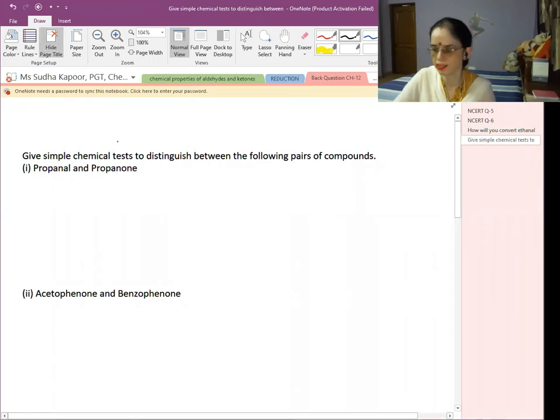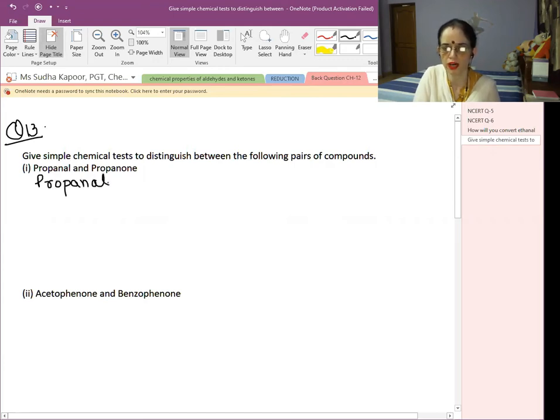Now we are on a different question, that is question number 13 of our back exercise, a very short question. Give a simple chemical test to distinguish between the following pair of compounds, that is propanal and propanone. So a number of times what the student does in such questions, they write the formula, they give the difference in between the functional group by writing the functional group here. But actually we have to give some test as fumes obtained, smell, precipitate obtained, the color of the PPT, the color of the solution. These things have to be represented while giving the chemical test.